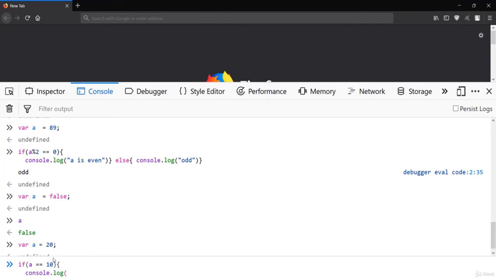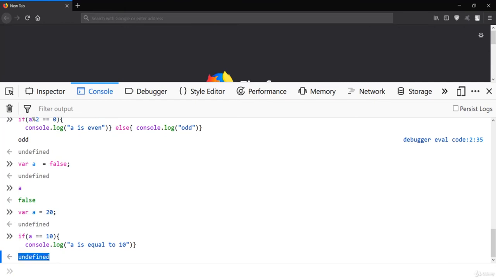In that case I'll just say something like a is equal to 10, which is a simple message over here. And if it is not the case, which is obviously undefined over here,